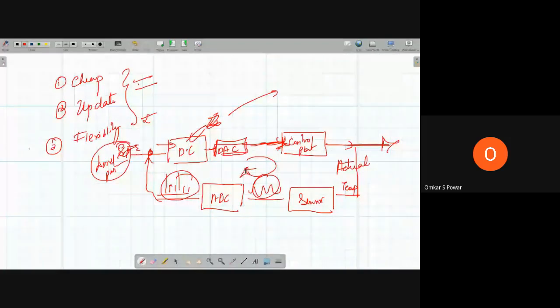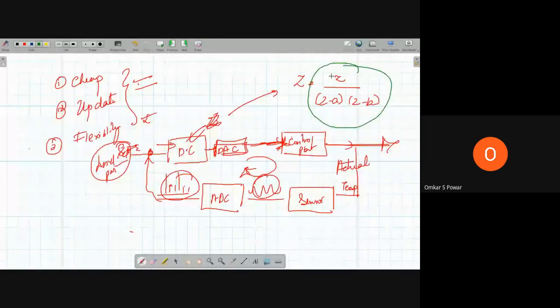So I wanted to show you where you exactly use this Z transform, and your Z transform equation will be like Z by (Z minus A)(Z minus B) and so on. Okay, so what exactly is happening is this is nothing but your transfer function equation. Using these poles and zeros, we are going to control the stability. What is meant by poles or zeros, you may have the question. Okay, don't worry, I will explain it for you. If you equate the numerator to zero, you will get zeros, and if you equate the denominator to zero, you will get the poles.